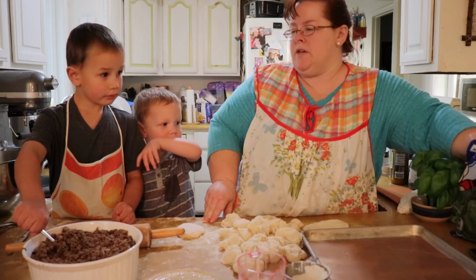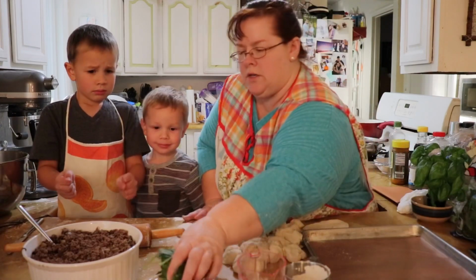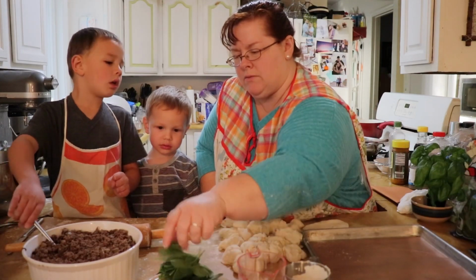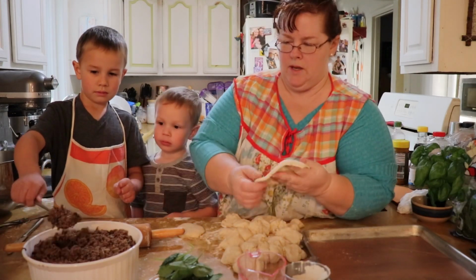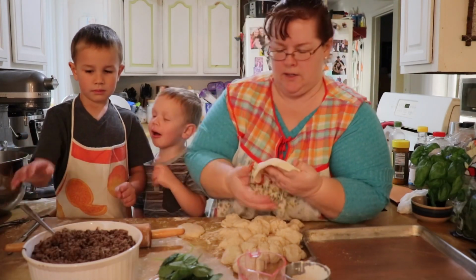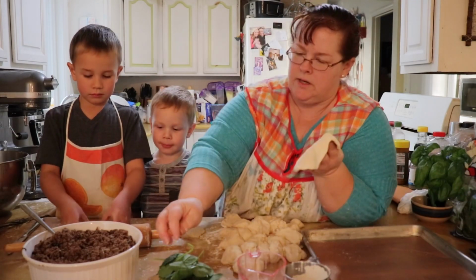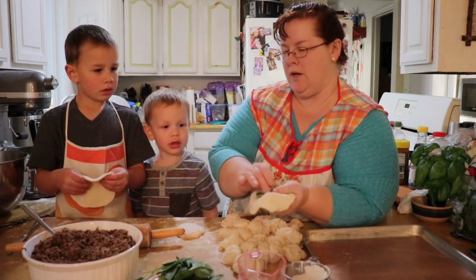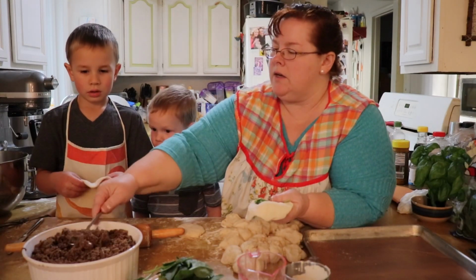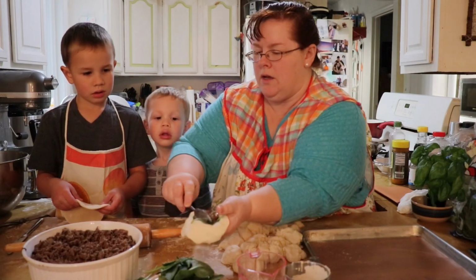Okay, now some of these we're going to add spinach to. So we're going to take a little bit of spinach and put that in there. Don't cough on stuff, remember. This is the fun of having your grandkids come and help you. First of all, let's quit pretending to cough now. So we take a few pieces of spinach and put it in here, and then we're going to take just a little bit of the meat,